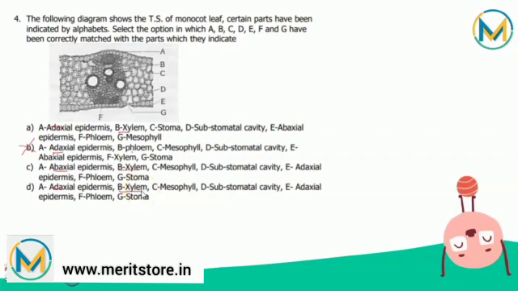Then C is mesophyll over here in this diagram. So option A does not have C as mesophyll, so option A is discarded. Then C and D both have mesophyll as an option. Now we know that D is a substomatal cavity, so it's there for option C and D both. E is adaxial epidermis. It's also there in option C as well as in D. Then F is phloem, is there in option D, and G is stoma. So the correct answer for this question is option D.